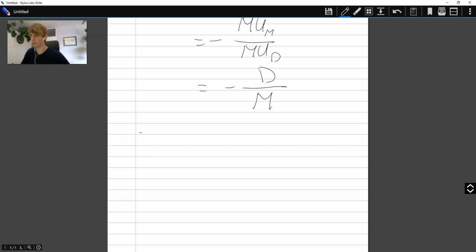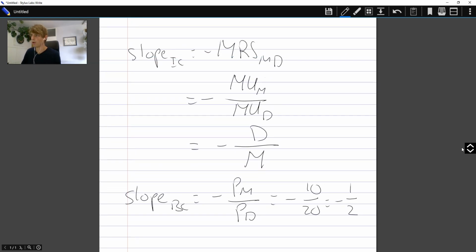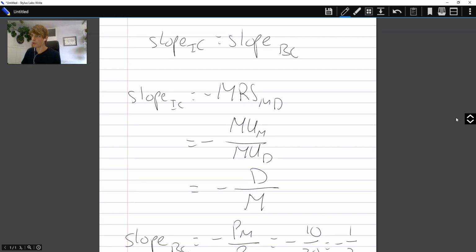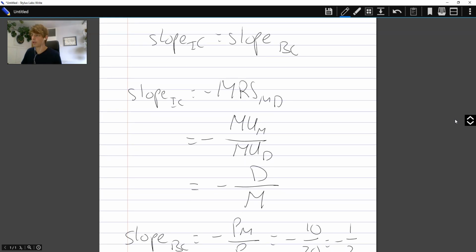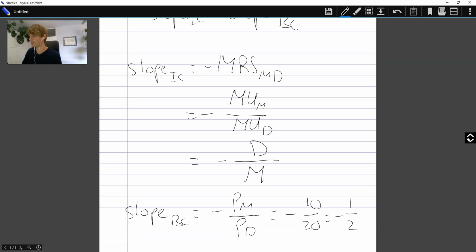So what about the slope of the budget constraint? Well, the slope of the budget constraint is minus the price ratio, PM over PD. And PM and PD are given in this exercise. It's minus 10 over 20, or minus a half. So all the points on the income expansion path have the property that the slope of the indifference curve equals the slope of the budget constraint. So if we equate minus D over M with minus a half,